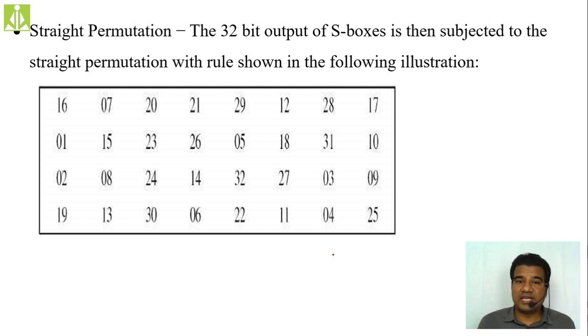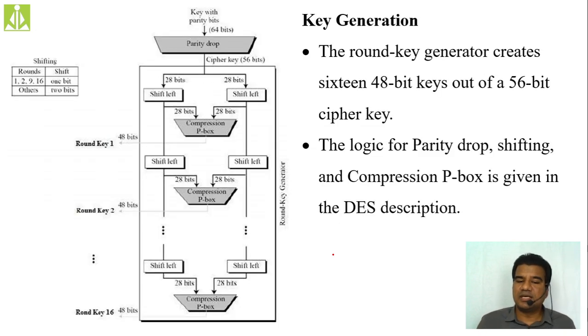Okay. So the key generation algorithm: here it has shown the 64-bit key, parity drop, the 56-bit key. As I said, the drop of every eighth bit. How are we dropping in the 8 by 8? By applying this parity drop, it will selectively drop that bit. It will not drop that bit randomly, but selectively. And after dropping 8 bits, we will get the 56-bit key. From that 56-bit key, we are dividing it into two parts. A 28-bit shift left we are applying, and a 28-bit shift left we are applying separately.